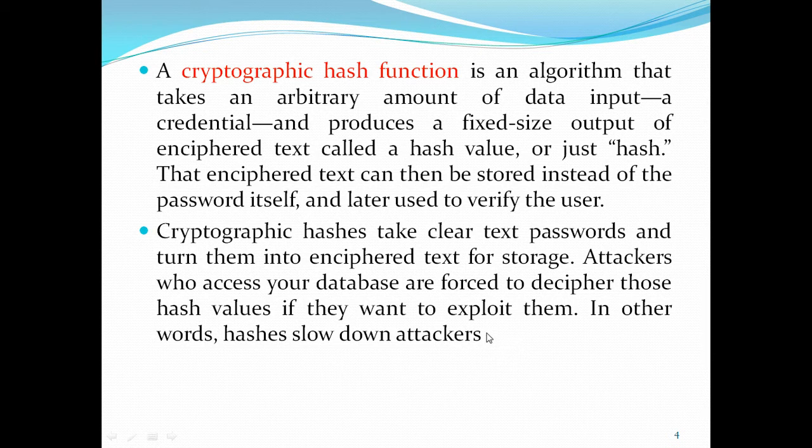Why do hashes slow down the attackers? Because hash code is not a simple encipherment. Hash code is a very powerful encryption technique. That means the hash algorithm internally has a complex structure, and the complex structure is maintained in the hash algorithms. They generally use big keys, and the key length is very large in the hash algorithms, and also the block size of the text input.